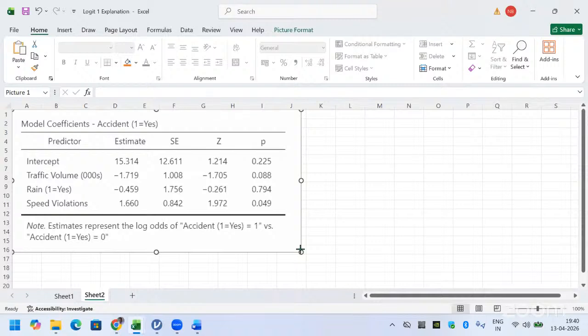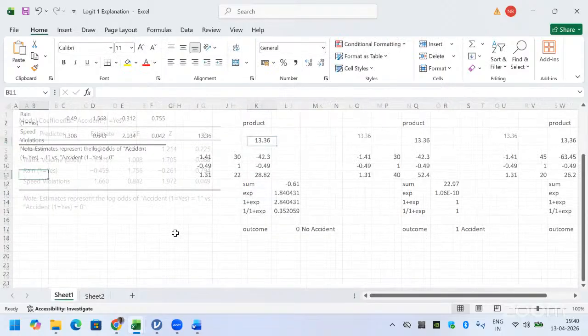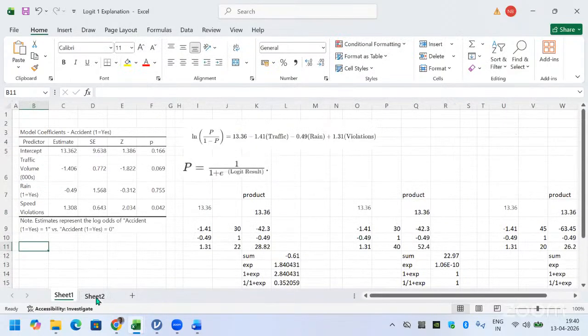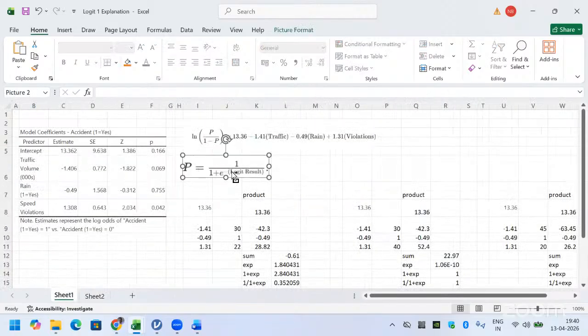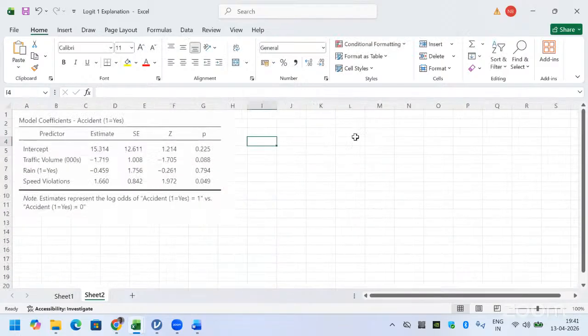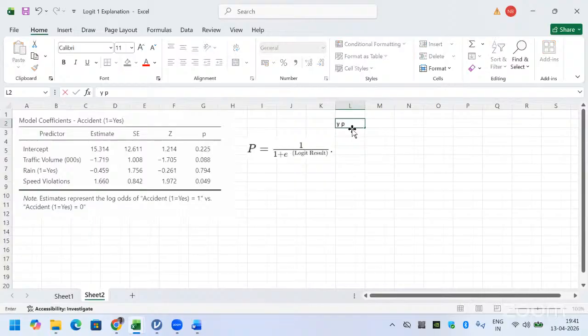Okay, so I've taken my values here: traffic volume, rain, accident. As I mentioned, usually the predicted equation is going to be, so P is equal to, I'll take this also. This is what I require here to explain this one. And this is my Y prediction. So Y prediction is equal to 15.314 constant plus,